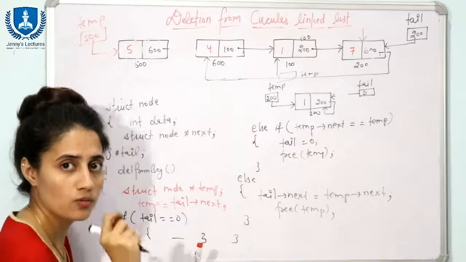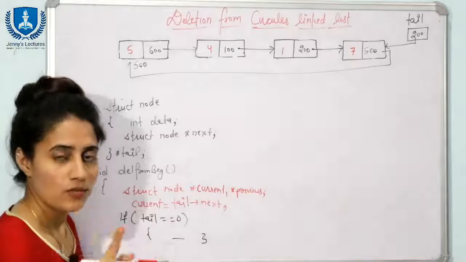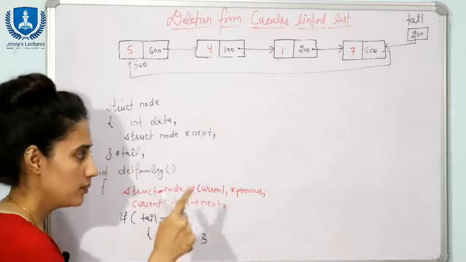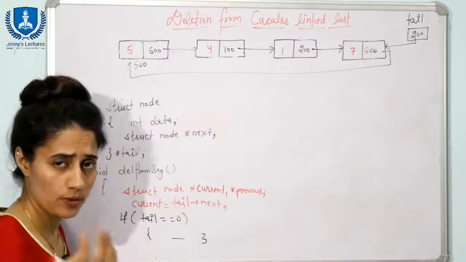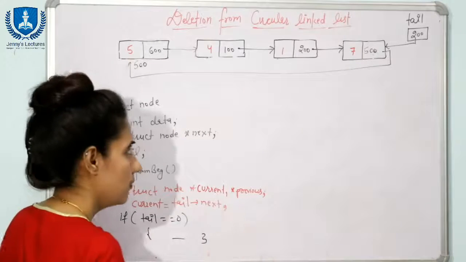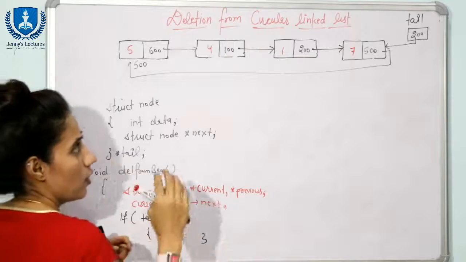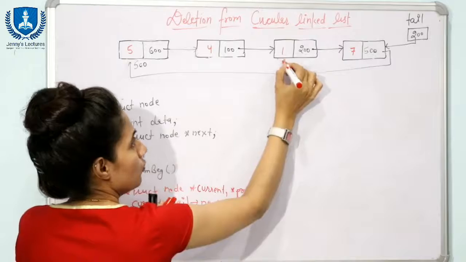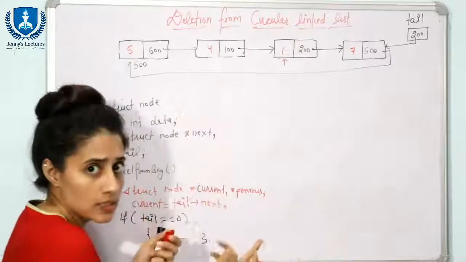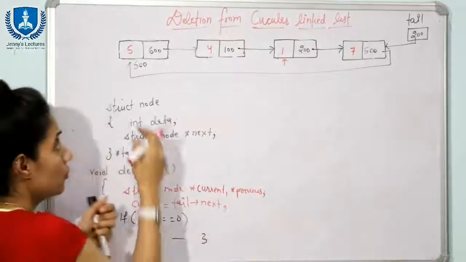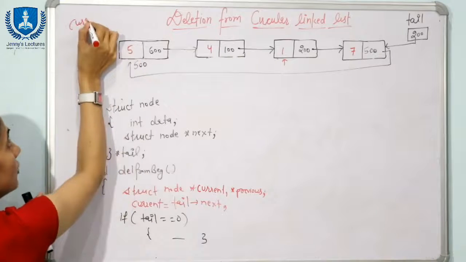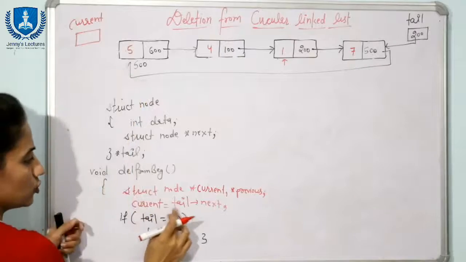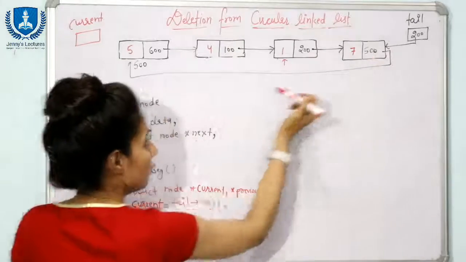Now see how you will write down the code for this thing. So now see, here we will take 2 pointers. One is the current pointer and one is the previous pointer. Suppose the names are current and previous. You can take names as per your convenience, right? Temp or temp1, something like this. Now see, obviously to reach till here, because we need a pointer to this node and to this node also, we have to traverse the list. So before traversing, first of all we have to set a pointer to this head node. Suppose we have set current is equal to tail next. So tail of next is having 500.